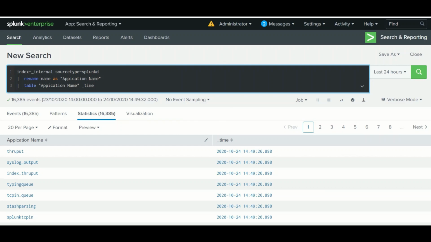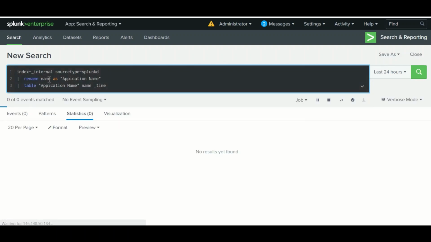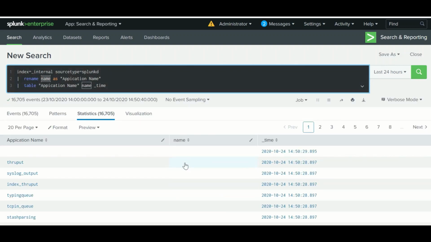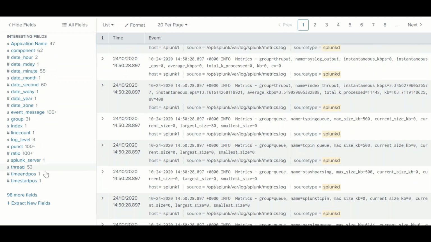One more important thing: whenever you change any field with the rename command, you are changing the name of that field itself. The original field will not be accessible after renaming. If I use the original name, it won't show any value because there is no such field called name. Let's have a look in the event whether we see that name.